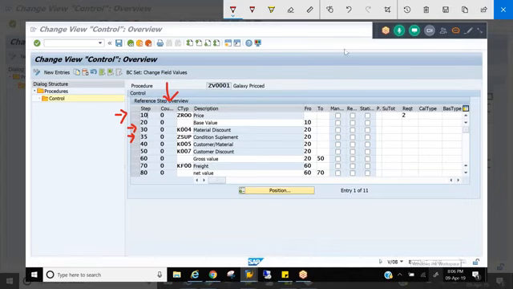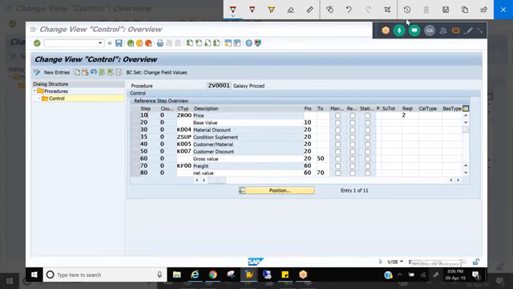So if it's an old project and you don't find space to include a new step in already existing procedures, we can use counter. Counters are like substeps. That means if you don't have space to include a condition type here, you can include it here, and it will act as a substep.